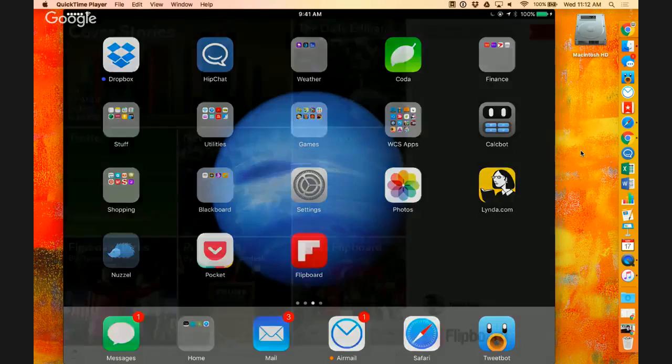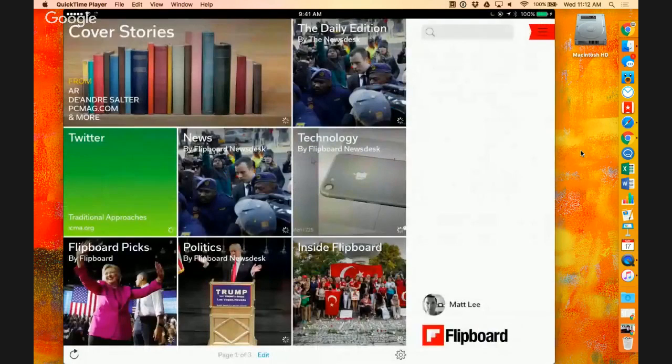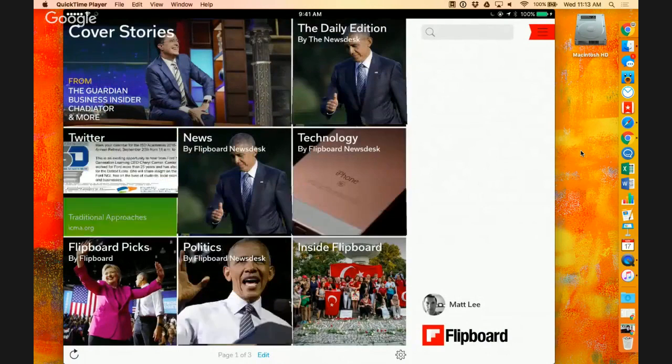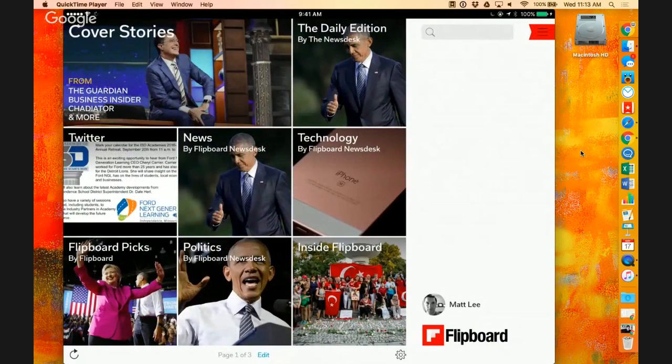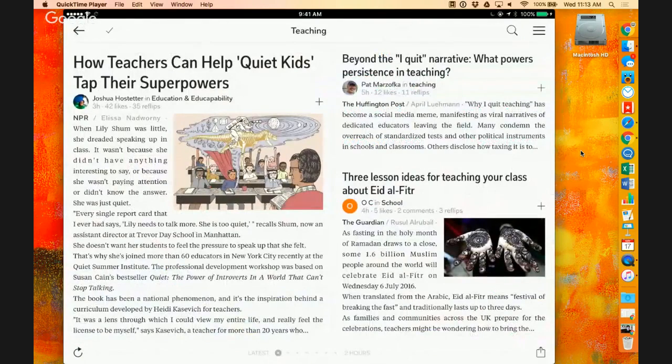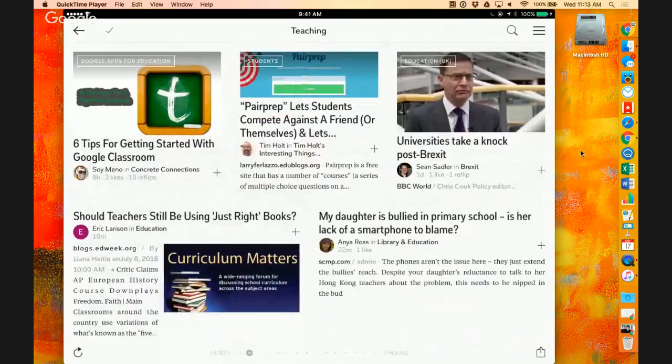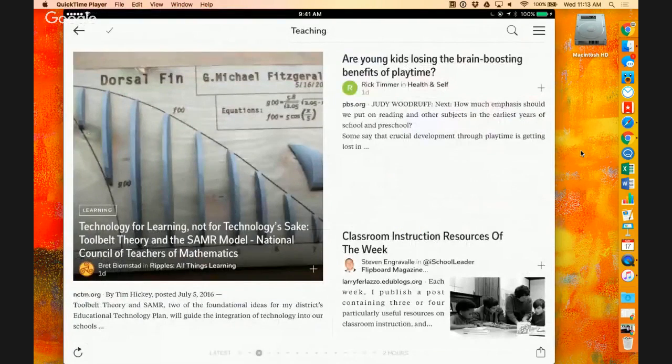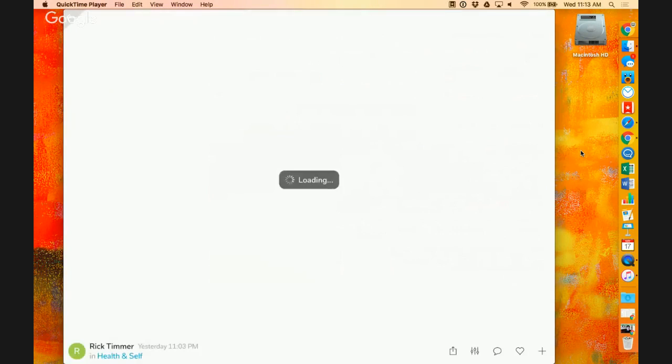And Flipboard has been around for a while, but what Flipboard is, it's a customizable magazine that you can enter in topics that you're interested in, you can enter people that you're interested in, or you can make your own magazine and share it with others. So I have a magazine that's dedicated to the topic of teaching. And what this does is it goes out to the internet, it looks for different sites and things that have the keyword teaching or learning or education in it, and it assembles all of those together for me, and I have it in one spot, and if I want to click to read more, I can just tap on it,